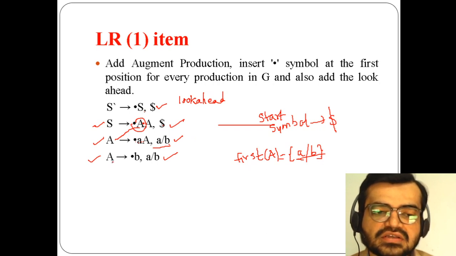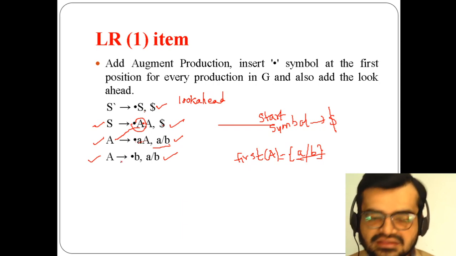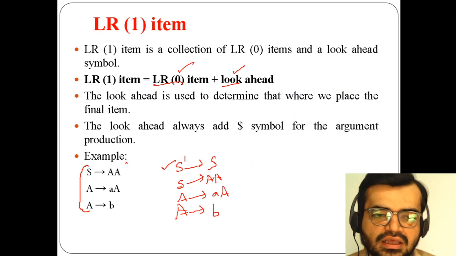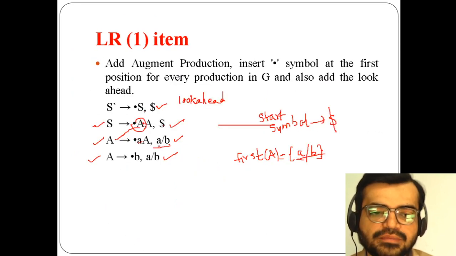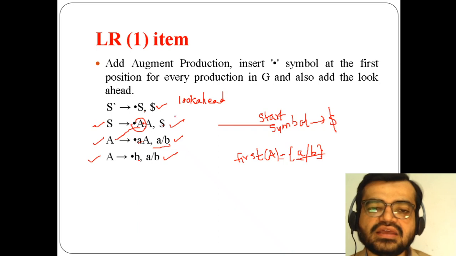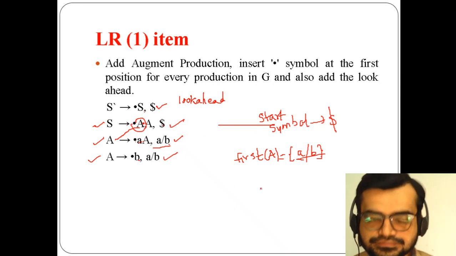Similarly for the fourth production, when I have to see the last production, that means after a, here a dot b is there, and in this one the last production is a of b, so dot b is there, and after b nothing is there here, so I have to consider the previous production's look ahead symbol only, so I'm using a/b here also. So in this way I'm finding the look ahead symbol.